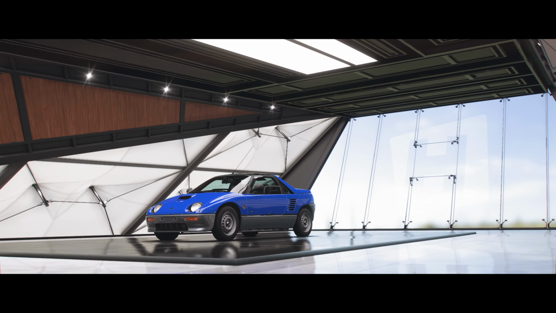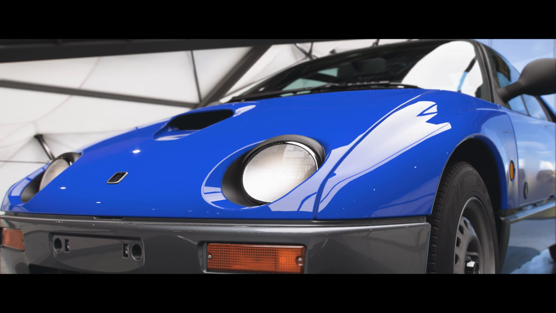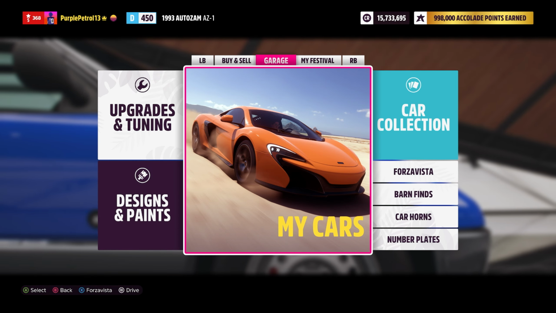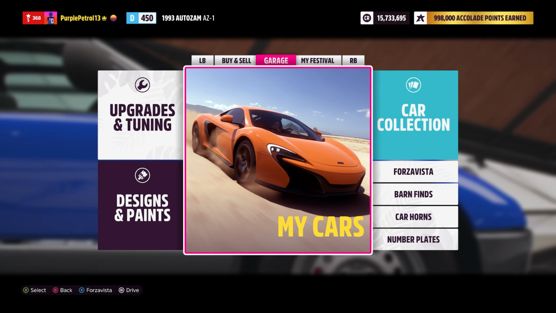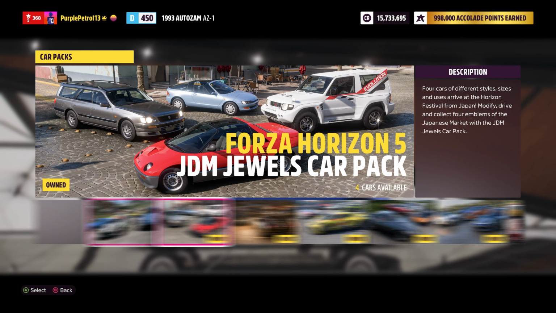Today here again on Forza Horizon 5 to take a very first look at the brand new JDM Jewels car pack. The easiest way to go and purchase this new pack is to head to any house or festival site here in Horizon 5, go to the buy and sell tab and then go over to car packs